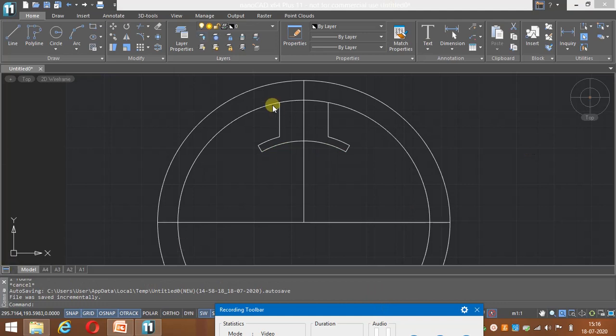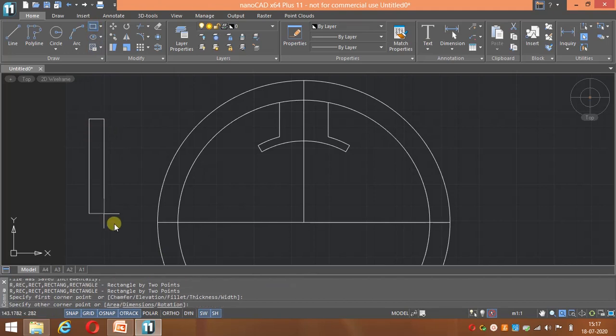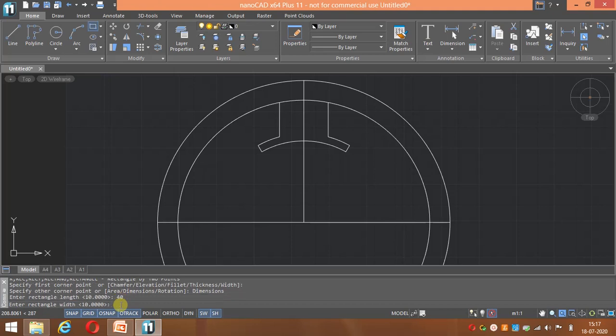You can also measure. So now the height of the pole will be exactly 56 mm, and they also gave that there should be a central rod at the main pole which has a dimension of 40 cross 40 mm. So let me take this rectangle, and this is the first point I will be fixing, and here I will select the dimensions instead of specifying the other corner. In the dimension it is asking the length, 40, and the width is also 40 mm. So okay, this is the central rod, and I will be moving this.